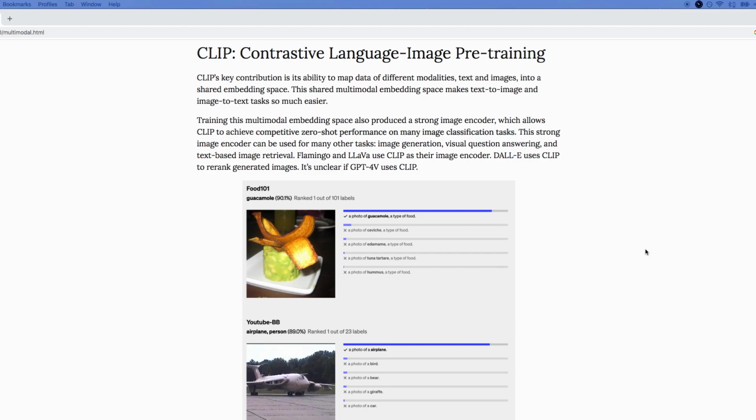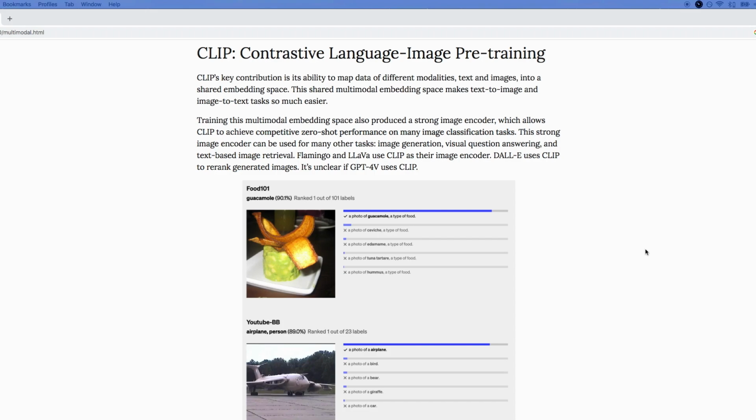CLIP, Contrastive Language Image Pre-training. CLIP's key contribution is its ability to map data of different modalities, text and images, into a shared embedding space. This shared multimodal embedding space makes text-to-image and image-to-text tasks so much easier. Training this multimodal embedding space also produced a strong image encoder, which allows CLIP to achieve competitive zero-shot performance on